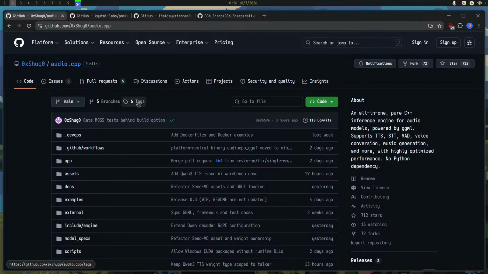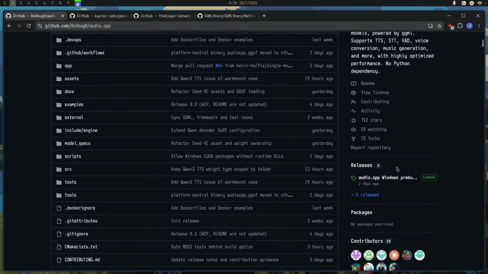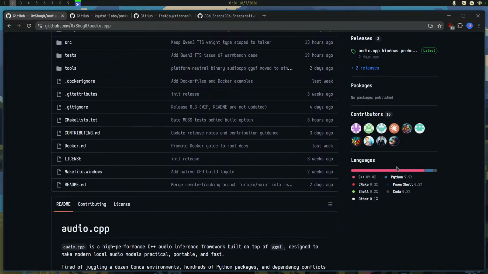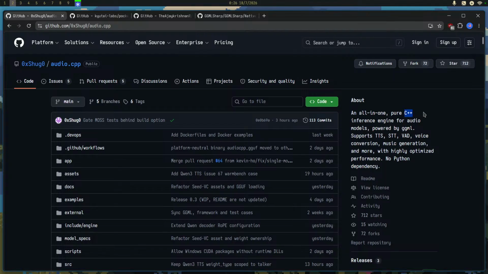Now that's a plan. I don't know if it will be successful, but hopefully it is. Because I like products like this, which have their entire engine in C++, with no Python dependency. And we are going to change C++ to C#.